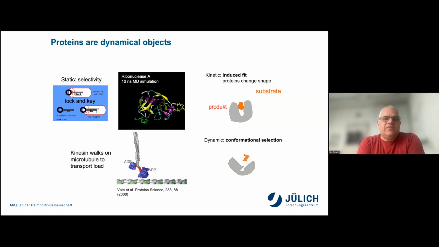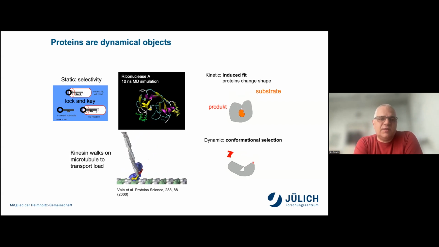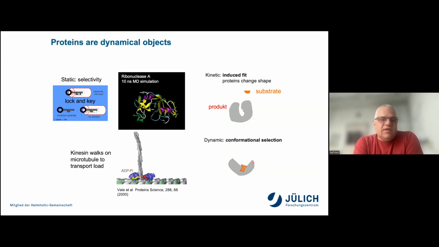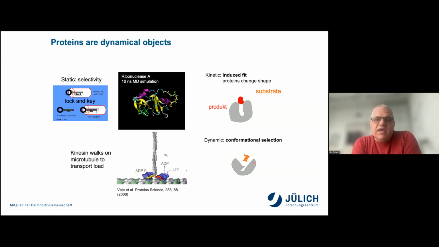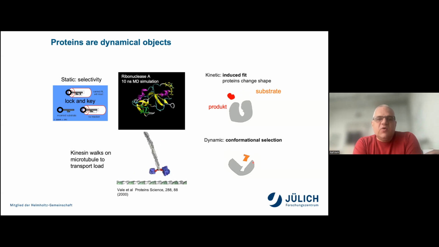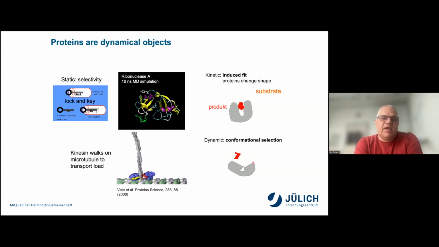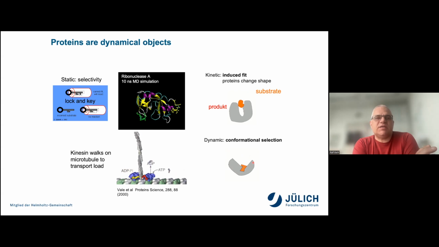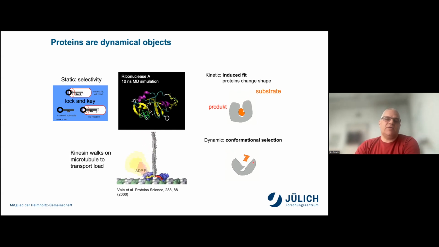And what we finally want to understand are such complex motions like here this kinesin walk on a microtubule, where we have an ongoing binding and release of ATP and ADP, and then we get a very complex motion. With neutron spin echo, we cannot look at such a kinetic walk. What we can only do is look at equilibrium dynamics. But that gives us the possibility to understand which motions are important and how strong they can be. And that is the general aim why we do this science on proteins and try to look at domain